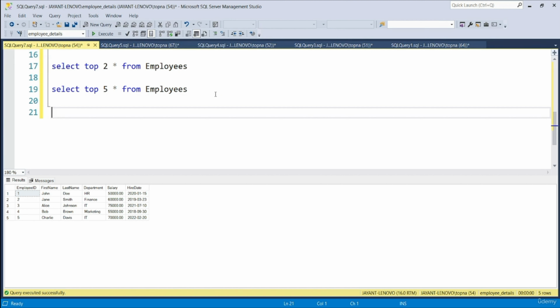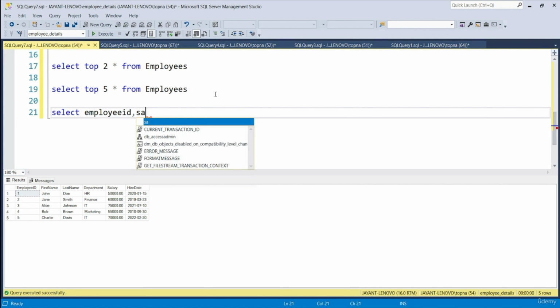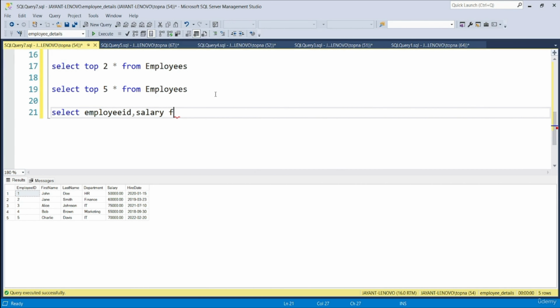Since we want employee ID and salary, we can write select employee ID, comma salary from employees. But since we want top 2 employee IDs and salaries, we can write top 2 before this. And now we can execute the statement written in line 21.